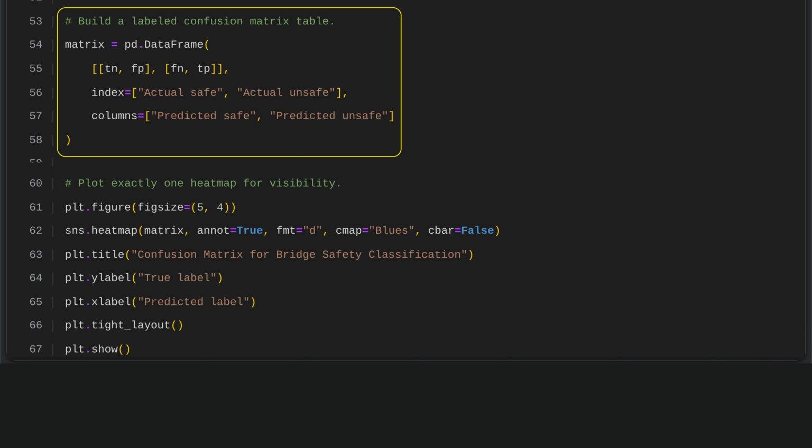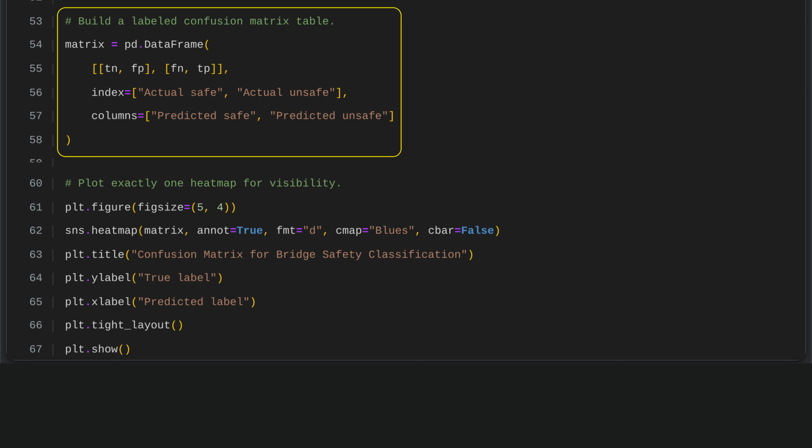A confusion matrix can be organized in pandas as a 2-dimensional data frame that compares actual classes with predicted classes. Its rows represent the actual safe and unsafe outcomes, while its columns represent the predicted safe and unsafe outcomes. The 4 entries show true negatives, false positives, false negatives, and true positives, making it easy to assess how well